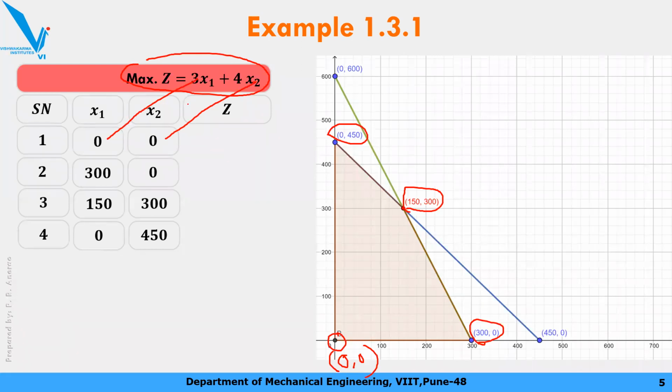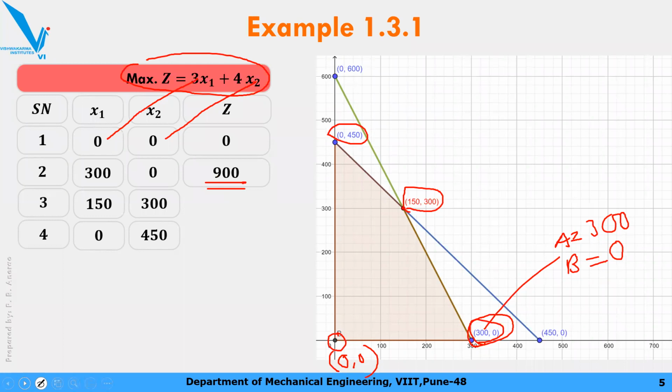So 3 into 0 plus 4 into 0, so z is 0 for case number 1, for corner point number 1। आपका प्रॉफिट कितना है, देखो 0 rupees। For second case 3x1, x1 is 300, so 3 into 300 is 900 plus 0 into 4, so 900। अगर आप ये कॉर्नर पॉइंट चूज करोगे, that means production of A product equal to 300, और B प्रोडक्ट कुछ भी प्रोड्यूस नहीं करोगे, 0, तो आपका प्रॉफिट कितना होगा, 900 रुपीज का।